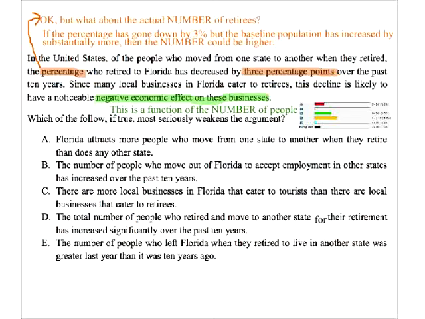So that is going to give you this. This means you've got a total increase in the total baseline population. So if D is true, then that means that you have a lot bigger number of people. So if that statement is true, then our smaller percentage most likely represents a larger absolute number of people.